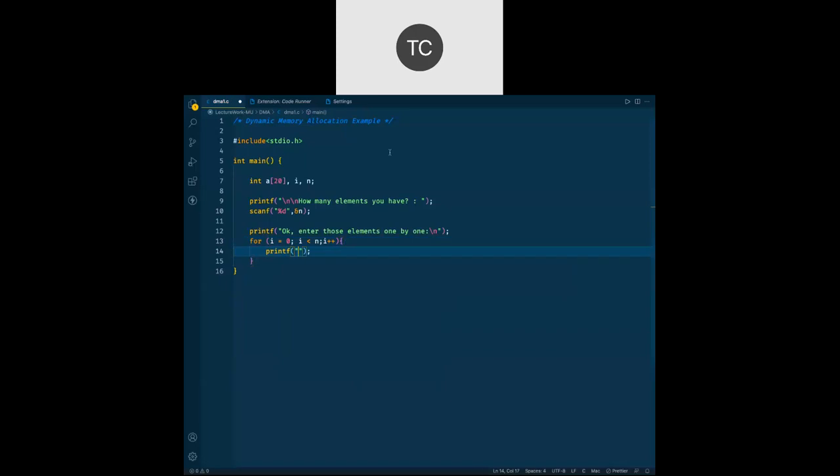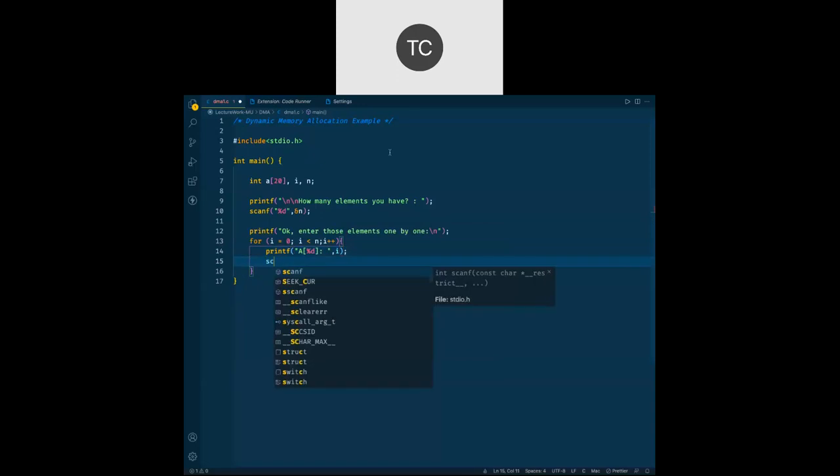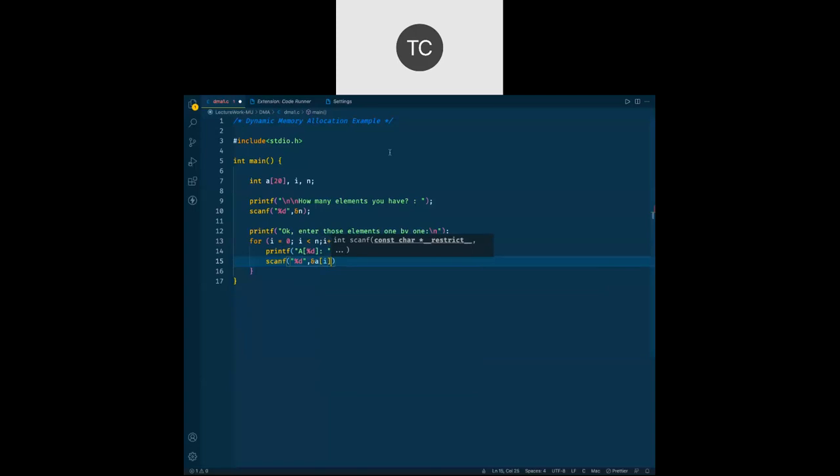So we say a of 0, a of 1, a of 2, a of 3, and so on. And for that, I'll go for i, and then I scan that value, scanf, %d, ampersand a of i. This is how we get those values.